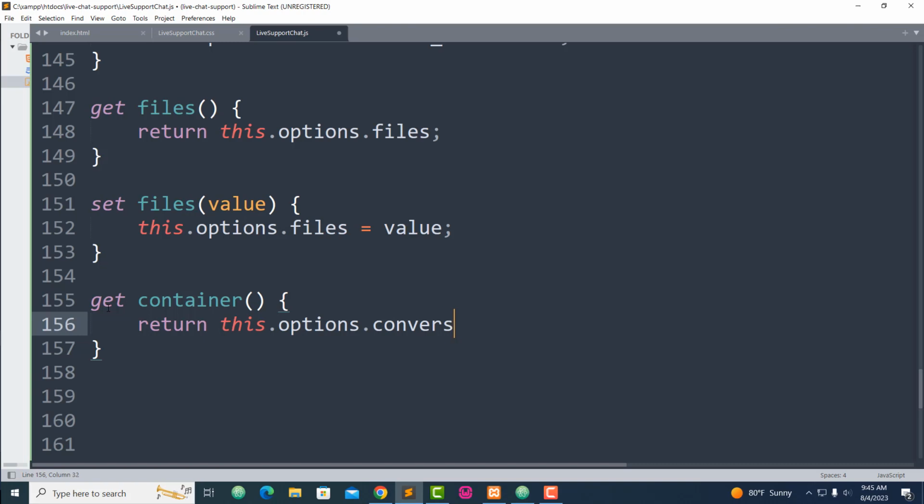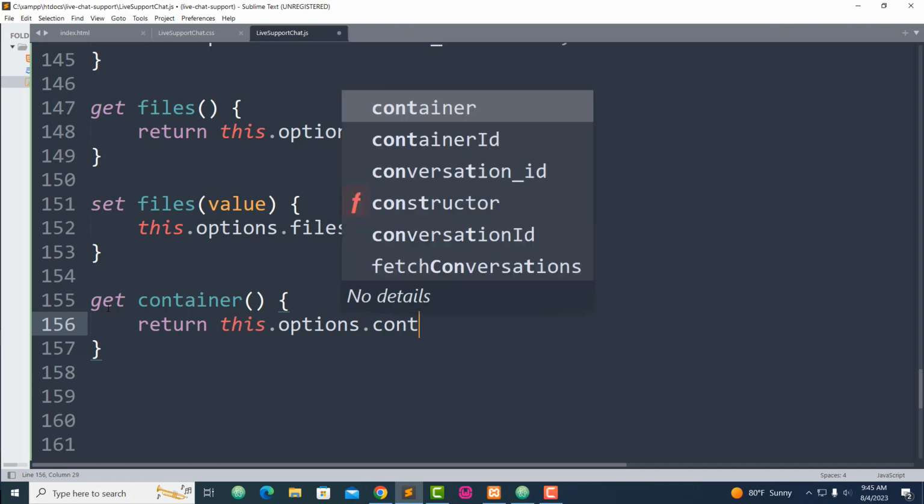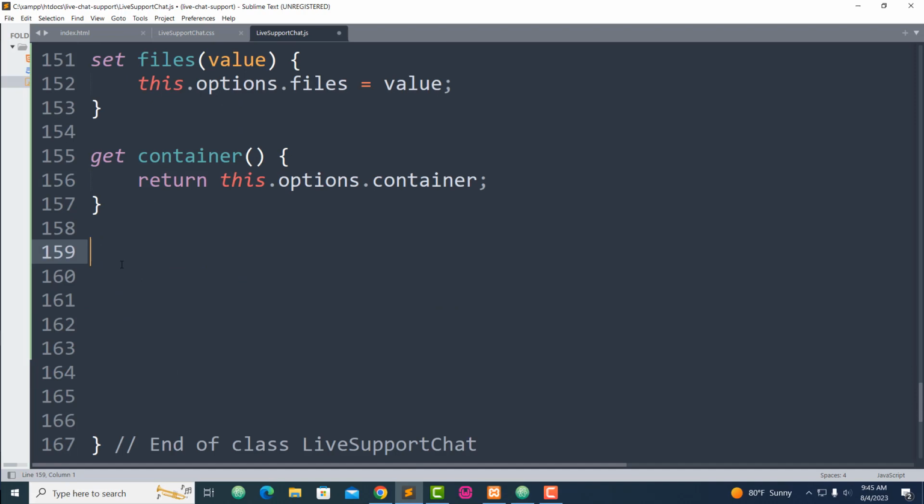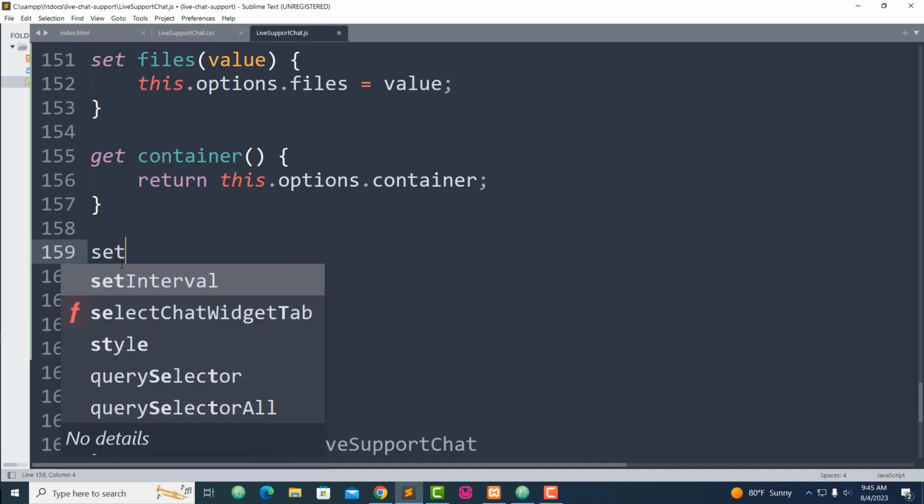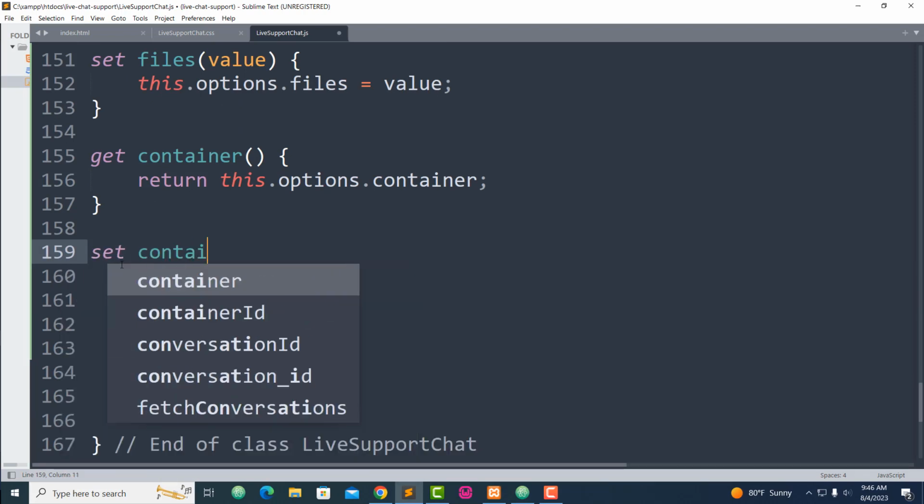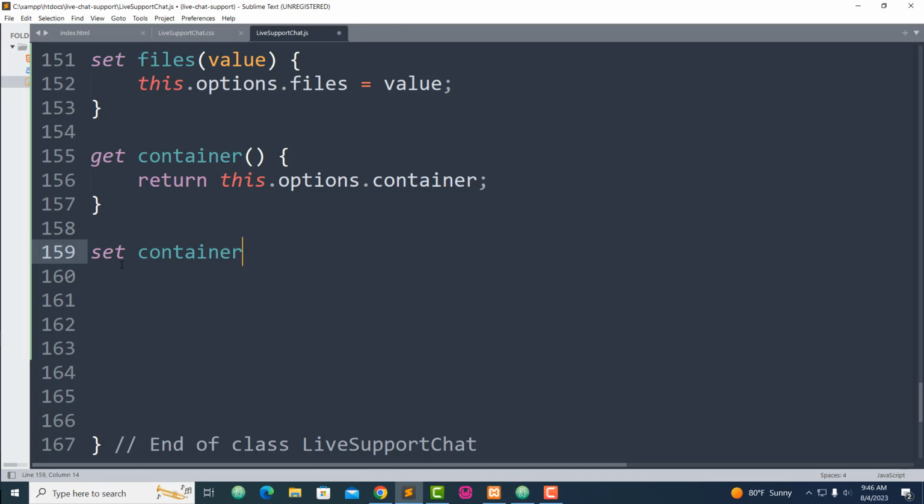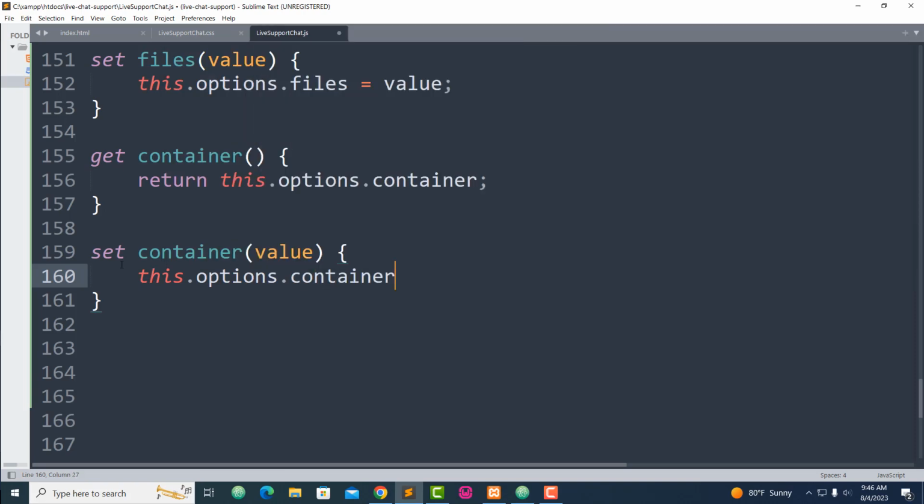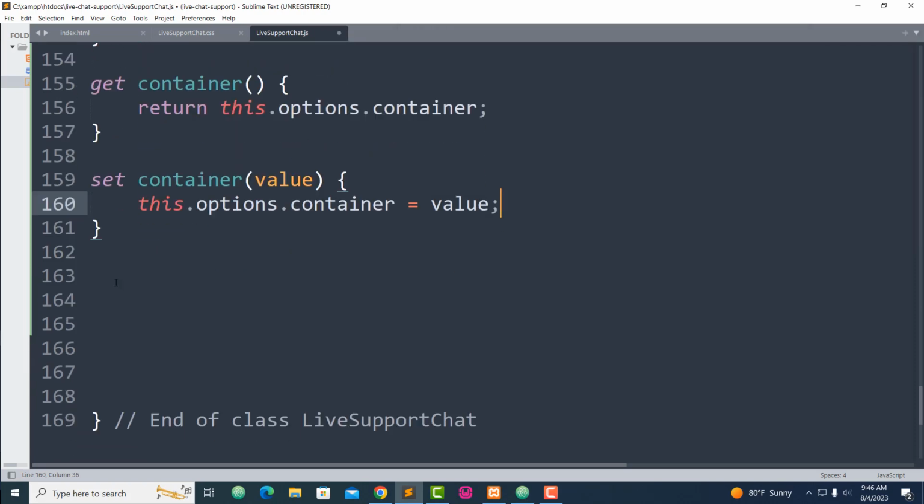That's a given conversation. Sorry. The this that option that container right here. Okay. Also set container value. Value. Okay, and now